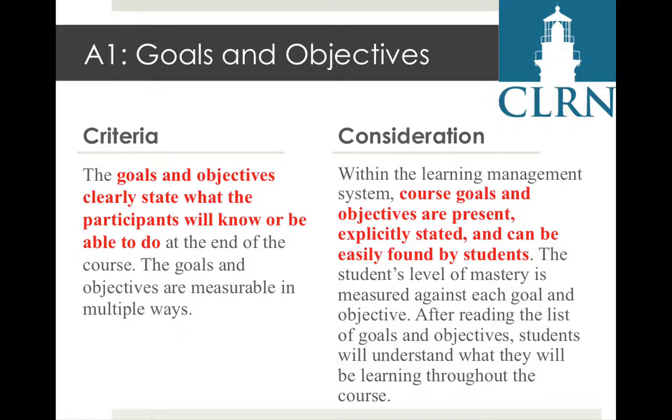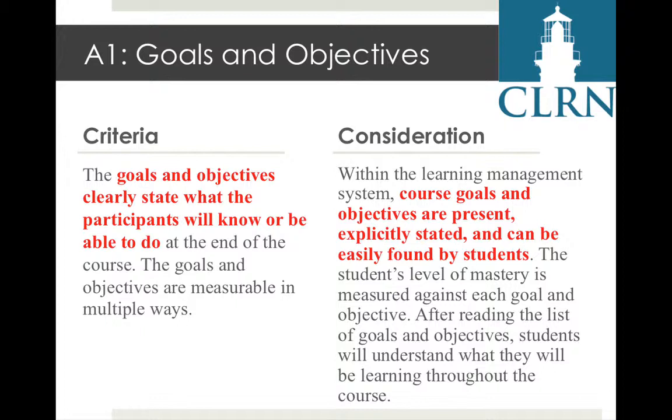Standard A1, Goals and Objectives. While this criteria contains 2 sentences, we highlight the most important part of each standard in consideration, so you don't feel you have to find every detail contained within them. The key part of the criteria is that the goals and objectives state what students will know or be able to do. The consideration asks that we should be able to find the course goals and objectives, and that they're